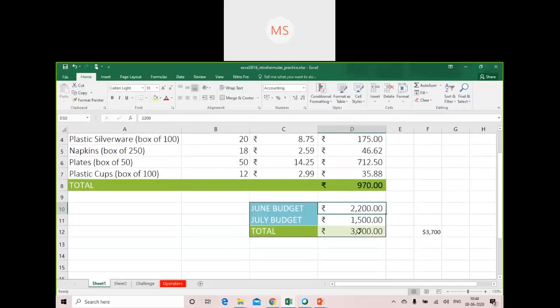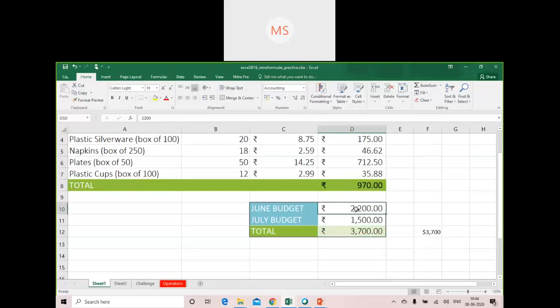So what does it mean when we make use of cell references? It is making use of the cells, not the value. So the value can change, but the cell will remain constant. I'm not changing the cell references, I'm just changing the values in the cell, and the formula is applied accordingly.